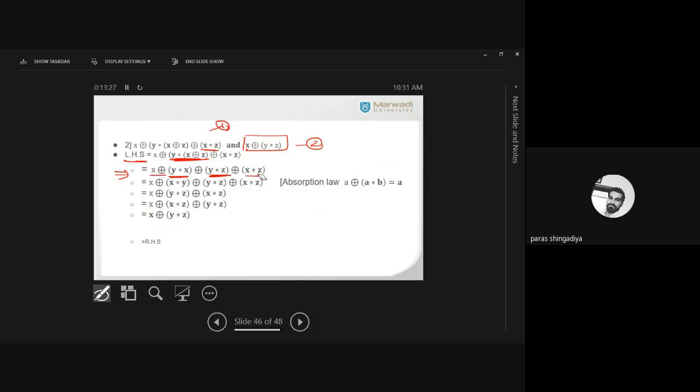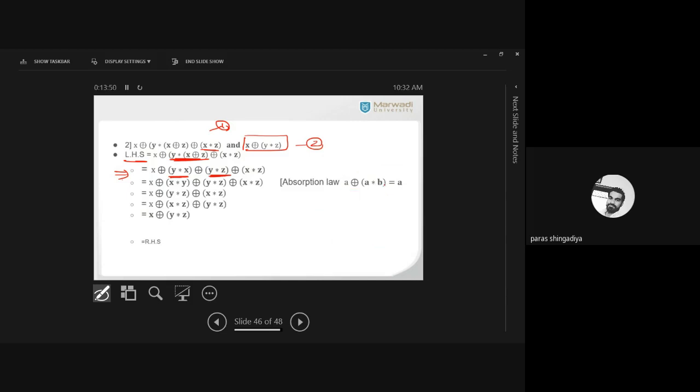Okay, so in the next step, we can use one of the properties that we checked in the algebraic conditions in unit number 2. There are some algebraic laws, algebraic rules. In that case, we check the commutative property, absorption property, associative property, and the first rule was the absorption law.